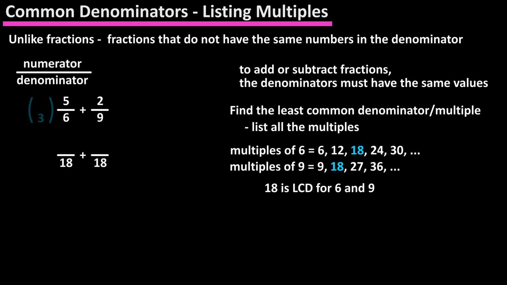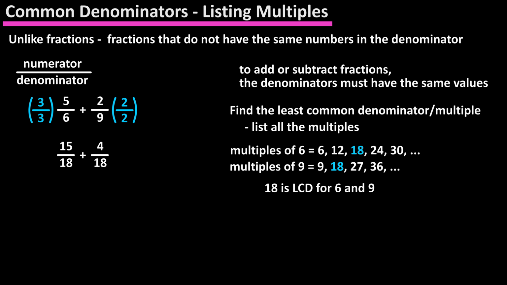We had to multiply the bottom part, the denominator in the first fraction, by 3 to get 18. So we must do the same for the top part of the fraction, the numerator, and 5 times 3 equals 15. For the second fraction, we had to multiply the denominator by 2 to get 18. So again, we must do the same for the top part of the fraction, the numerator, and 2 times 2